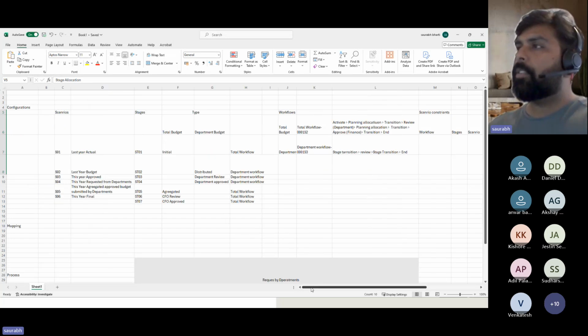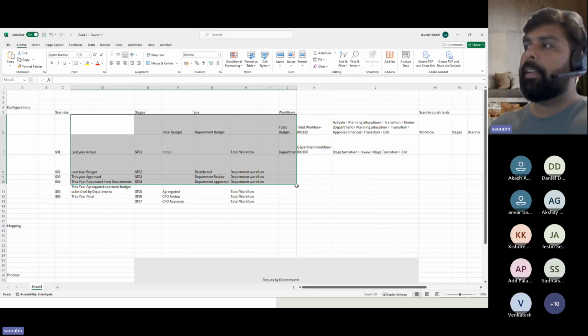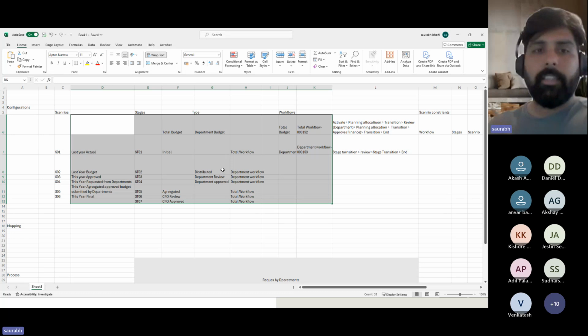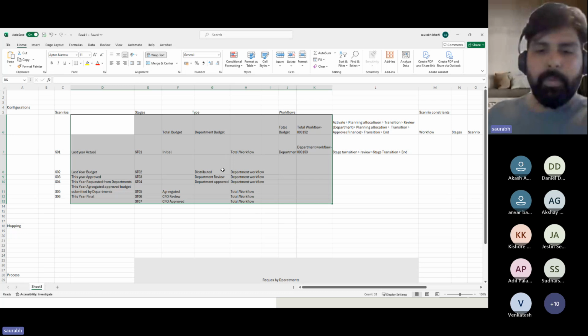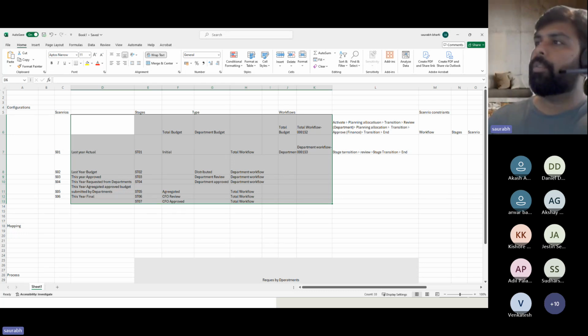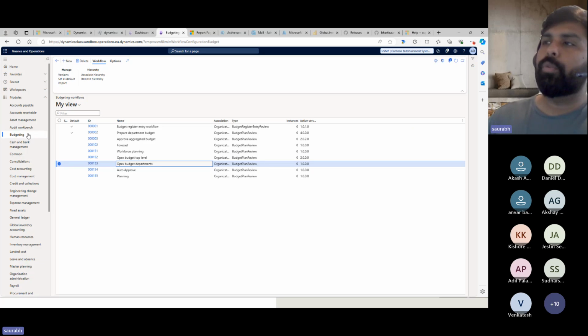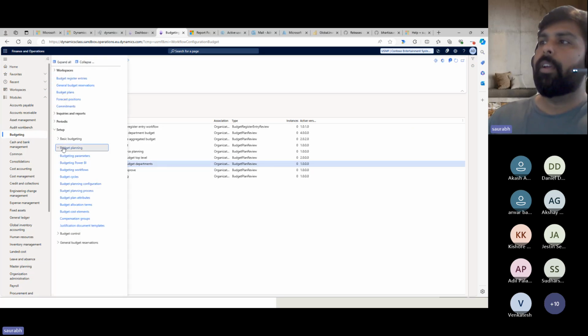So now we have seen this on an Excel spreadsheet, and maybe it helps you to understand this. It's a complex process. Maybe if you do it by yourself a couple of times, you will be able to get hold of these things. But let me navigate now directly to the system and show you these things which I have just now explained